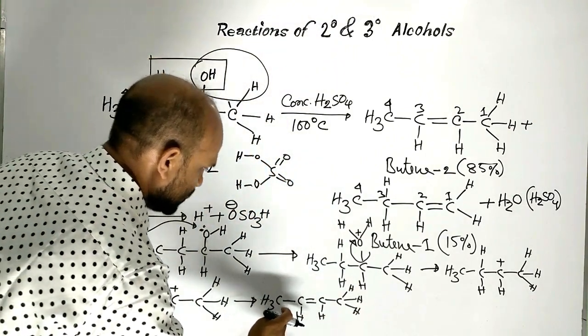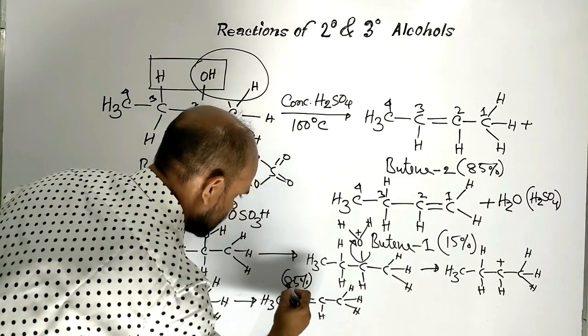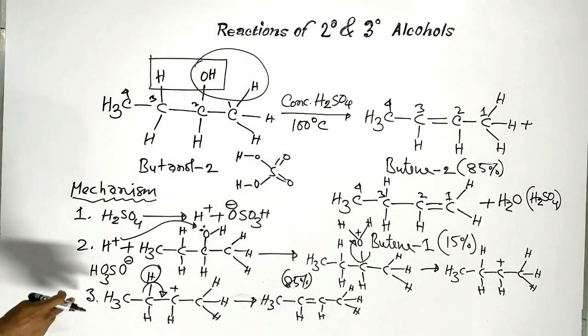Butene, which is 85%, and when this bisulfate ion